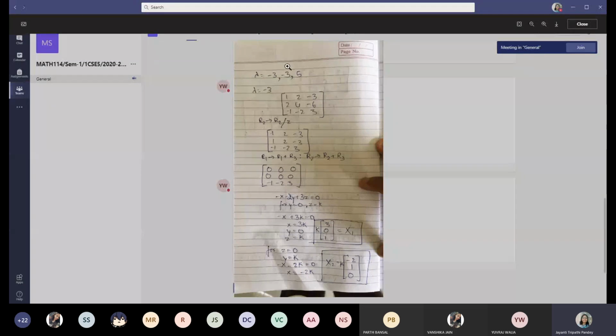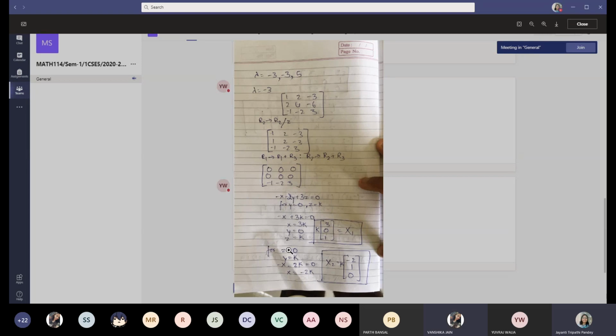So eigenvalues are fine. Now when you put lambda equal to -3, he has simplified it. You can simplify it using elementary row transformation. Can you give me the reason why? We have discussed it. We can simplify it because it is homogeneous, so it doesn't affect the right hand side of the equation. Okay, so after simplification, are you getting this or not?